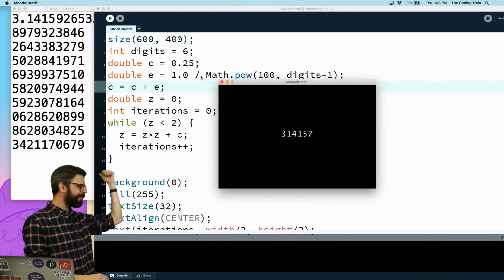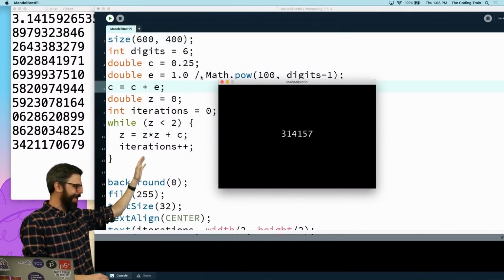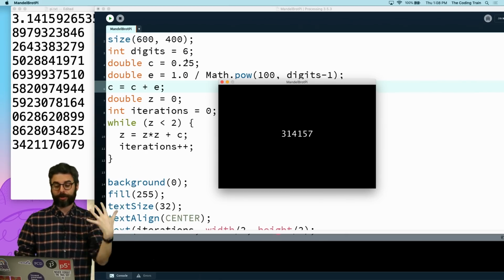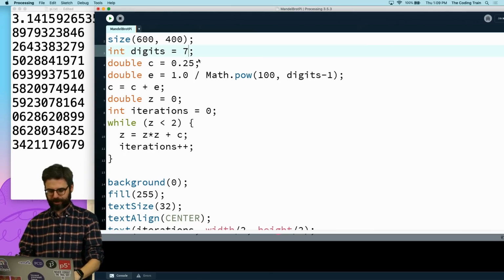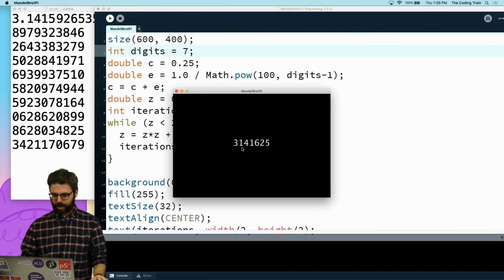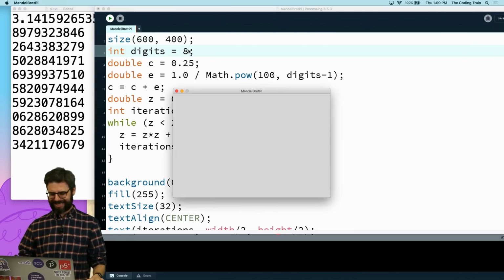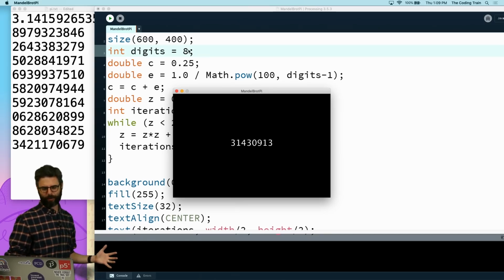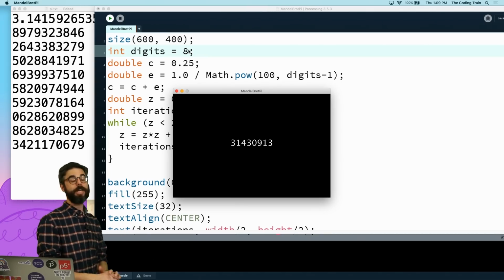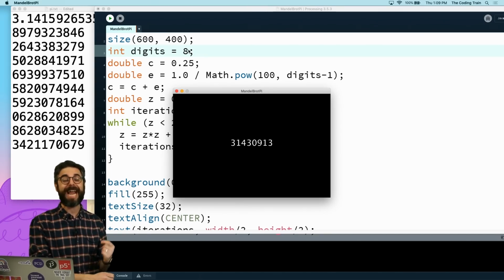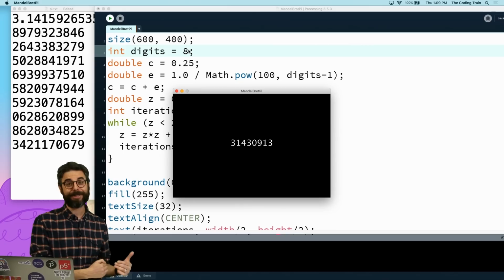In order to test this, I've pulled up a text file that actually has the digits of pi in it. So we can see 159, 157. We've got a close approximation with 6 digits. Let's try 7 digits. 141625. 8 digits. Okay, we're getting way off. 143. It's getting worse. So I think we've now reached the limitations of what kind of precision we can have